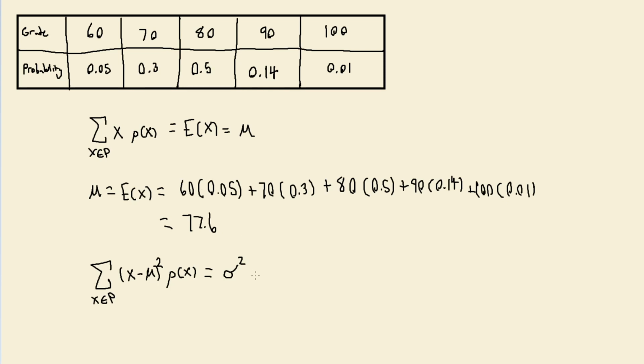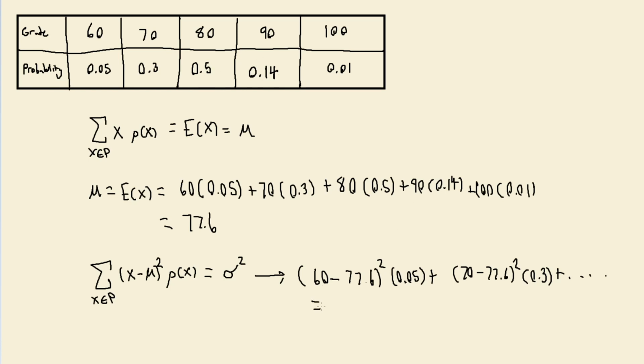So just to give you a hint as to how you would compute this, I'm not going to do the entire operation by hand, but you would do 60, that first data point, minus the mean, which we just calculated to be 77.6. You'd square that and multiply by 0.05, and then you would add 70 minus 77.6 squared times 0.3. There's a 30% chance of that outcome. And you would just do this for each element in this data set. And if you add all of those up, you'll get a variance of